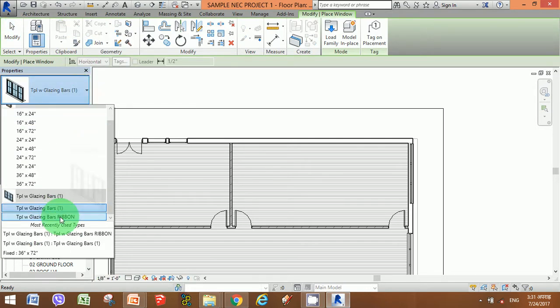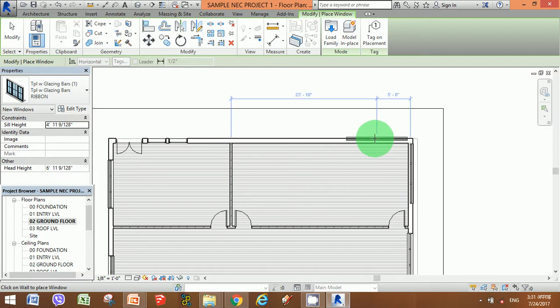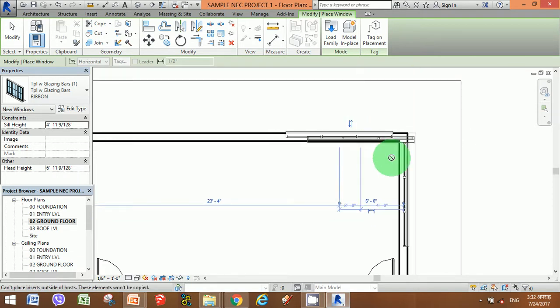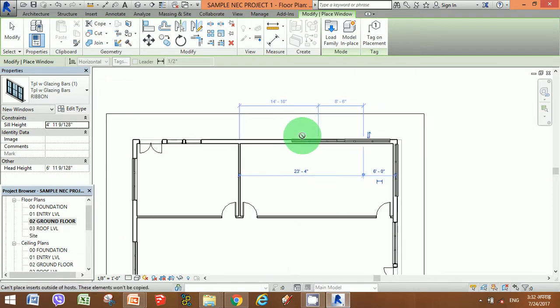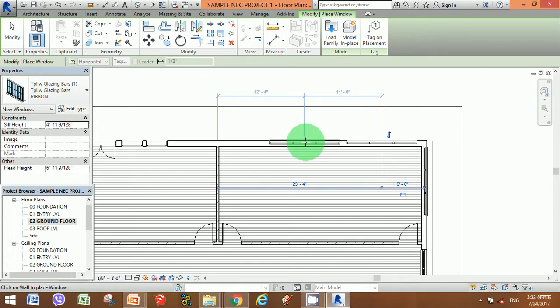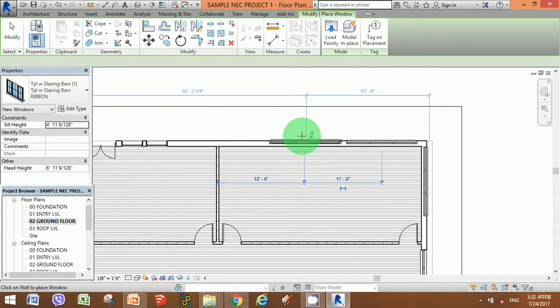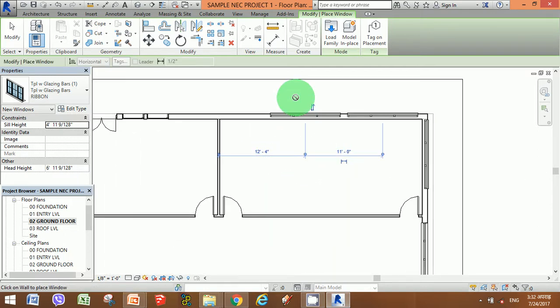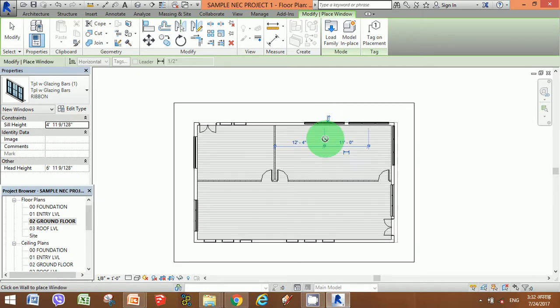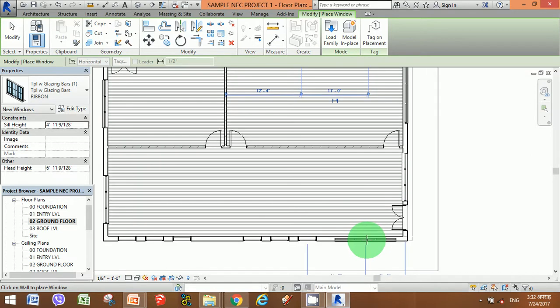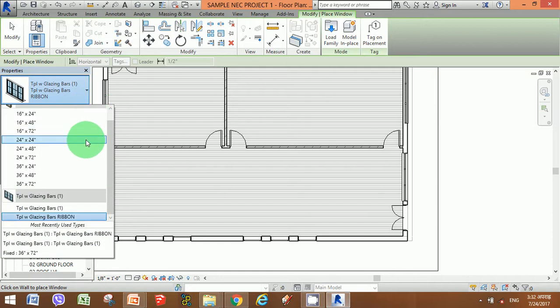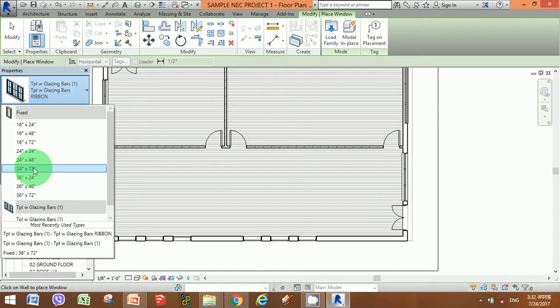So I'd use the type-driven window option, and I'll use the ribbon window accordingly. If you want a different window, I'll go with the fixed window.